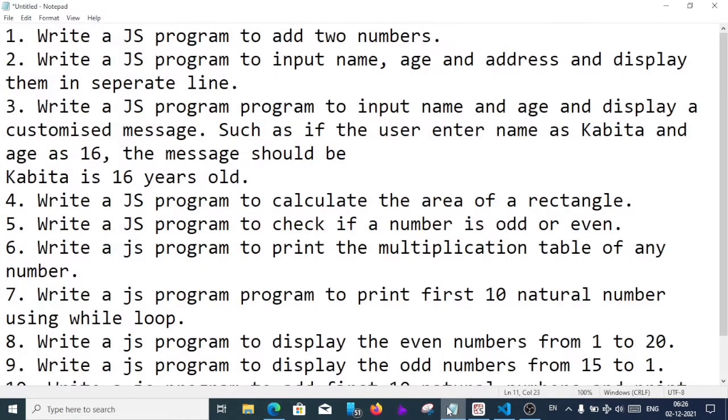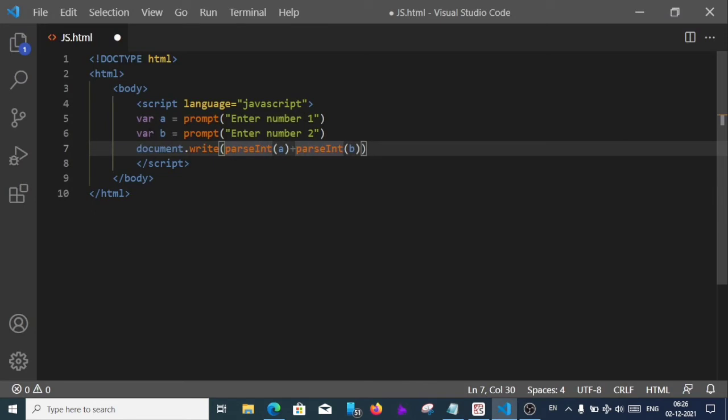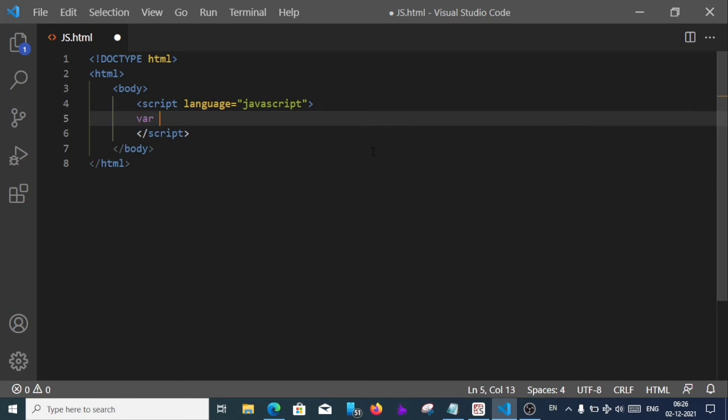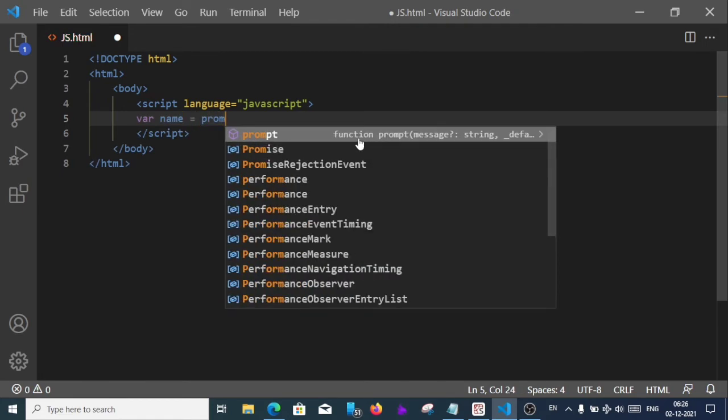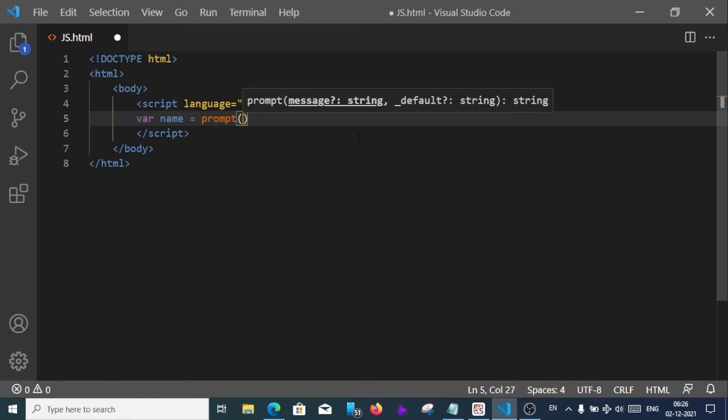Write a JavaScript program to input name, age, address and display them on separate lines. So here we will require 3 variables and 3 document.write statements. Suppose for name I am taking the variable name only, equal to prompt, and inside the brackets we will write enter name.